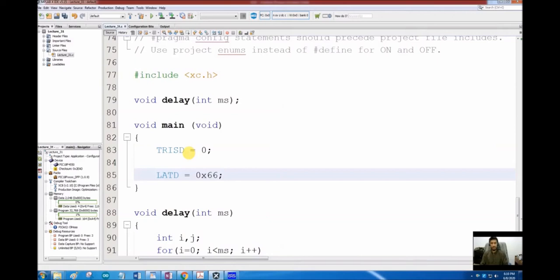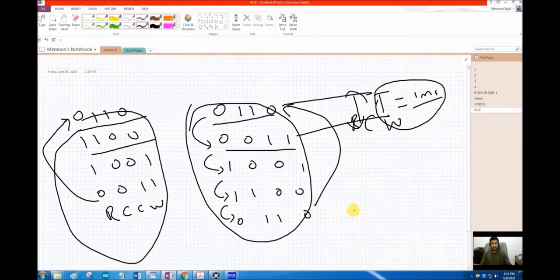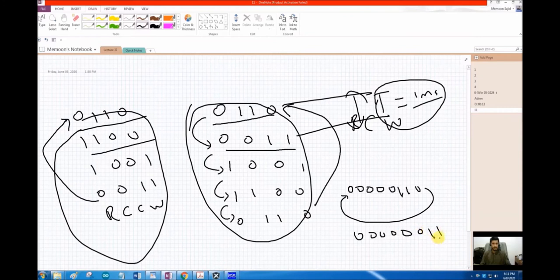Let me show you why I am loading it with 0x66 instead of 0x06. So 0x06 means 0 0 0 0 0 1 1 0. And if I rotate this data, what will happen? 0 0 0 0 0 0 1 1, and then again 1 0 0 0 0 0 0 1,